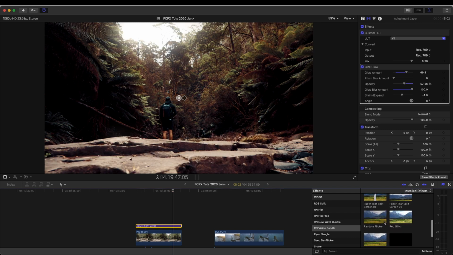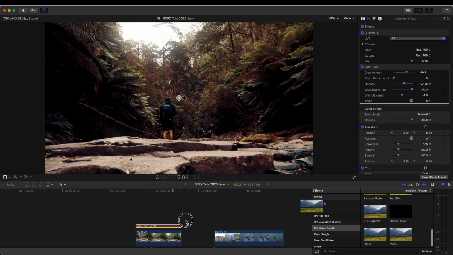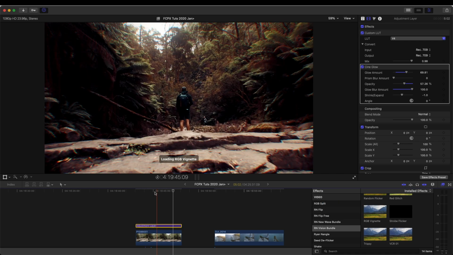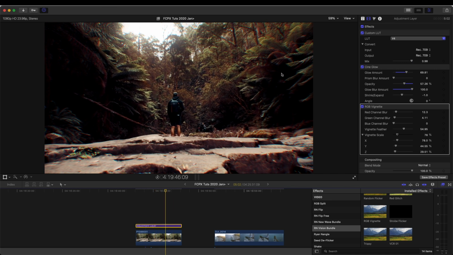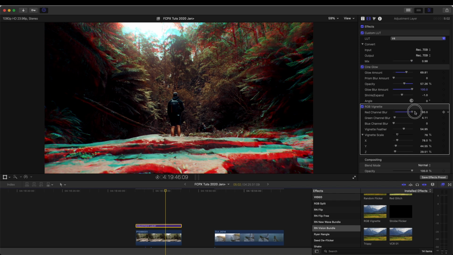And then the next one I'm going to add is this RGB Vignette effect. And this is used quite a lot in cinema films. If you look closely at the edges on cinema films, you'll see that it has a slight RGB effect to it. And on this effect over here, you can see if you turn it right up, then it splits